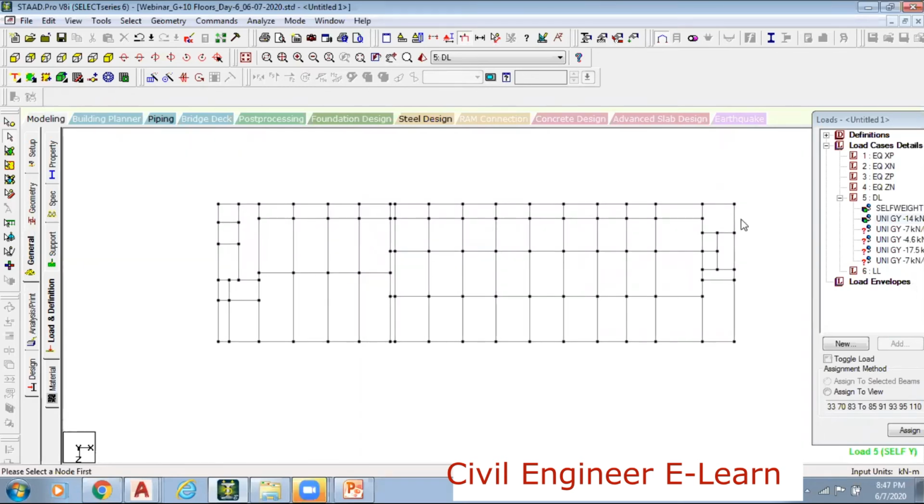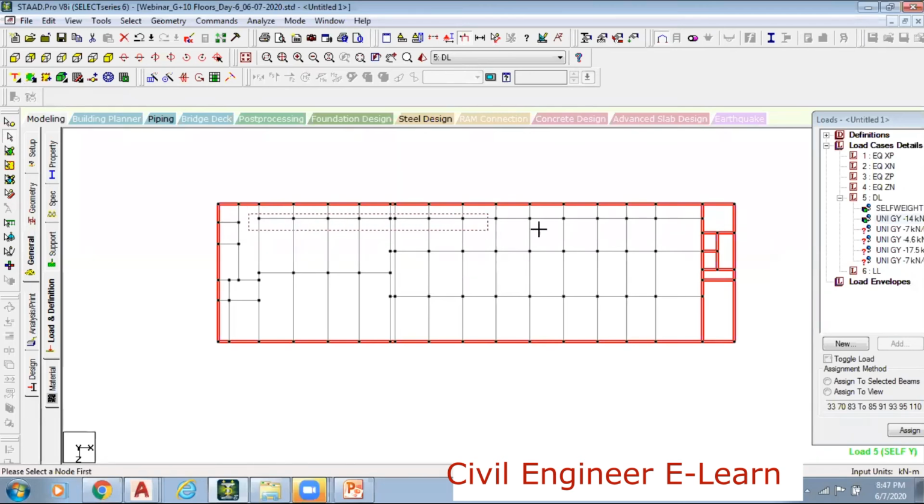Now it is clear. So now I go to this, I'll select this line, I'll select this line, I'll select this line. I can select like this, I can select like this. Yes, this one. I can select like this, like this. I can select like this. I can select like this.